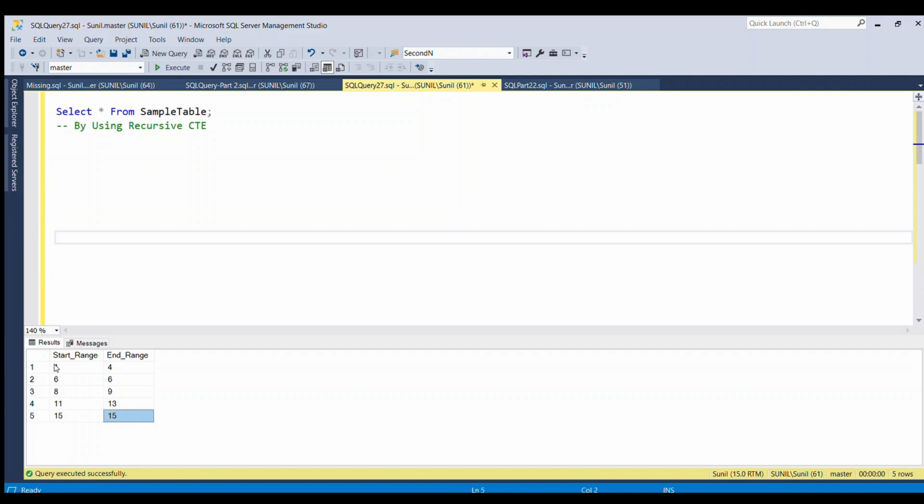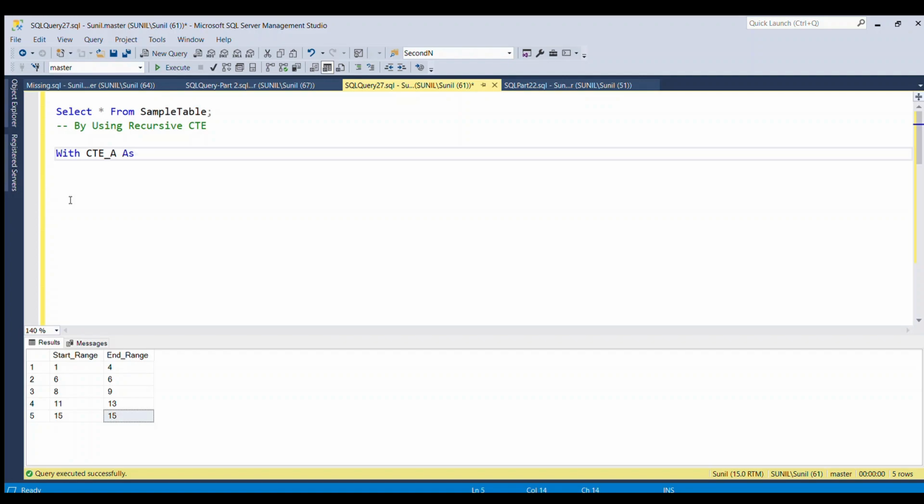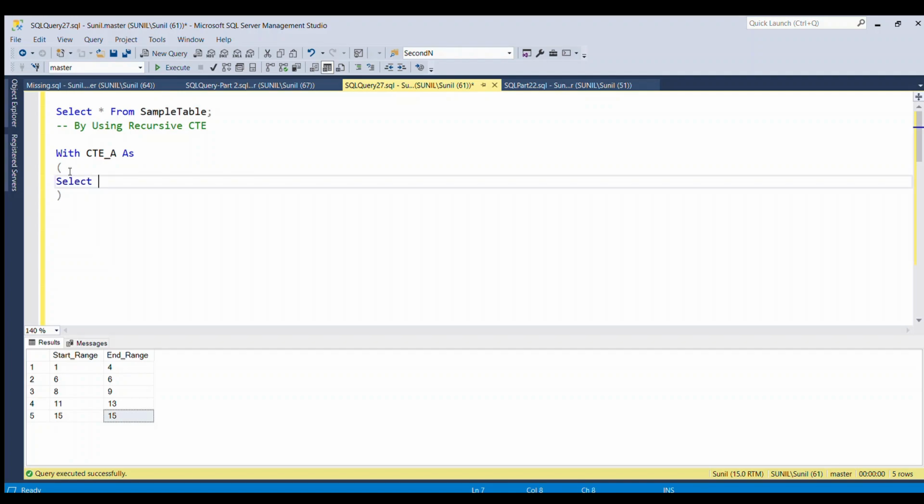Based on the start range and end range, I'm going to generate the sequence number. So let's write the SQL query. I'm going to start with the WITH clause, CTE_A AS, then open and close the parenthesis, and inside the parenthesis I'm going to select star from sample table.